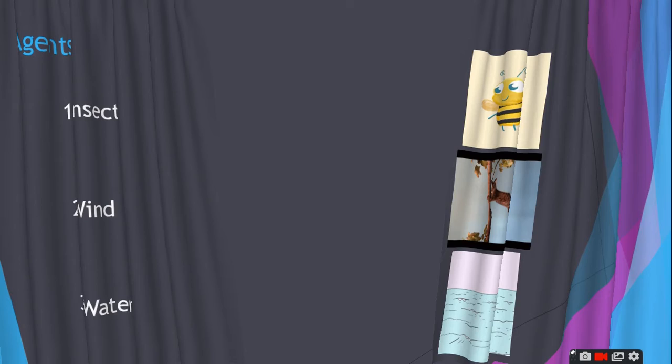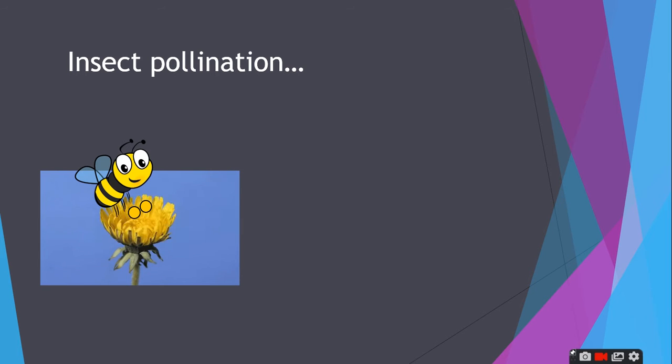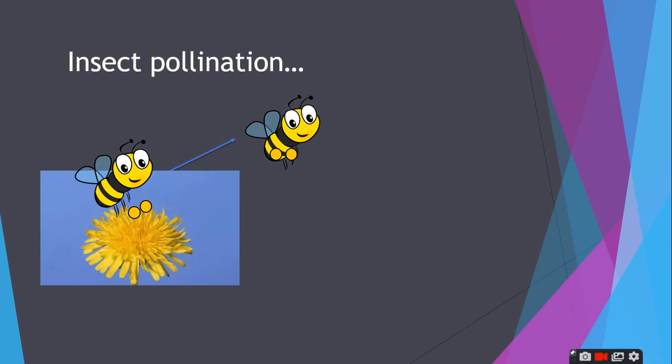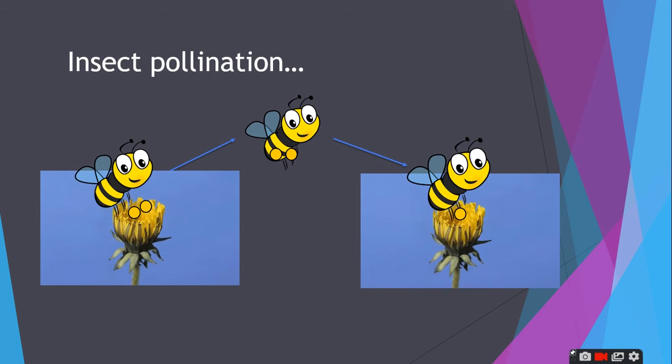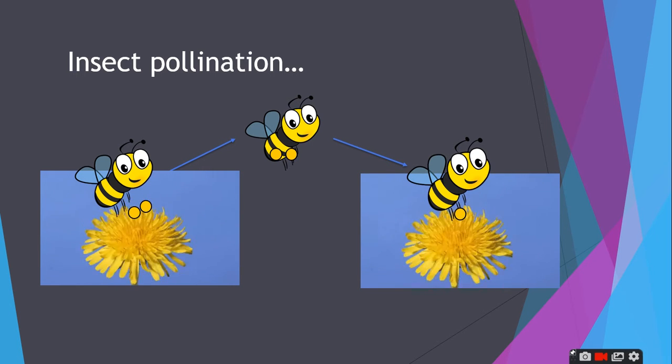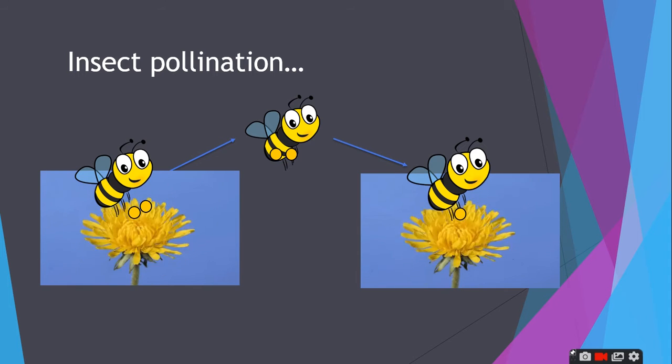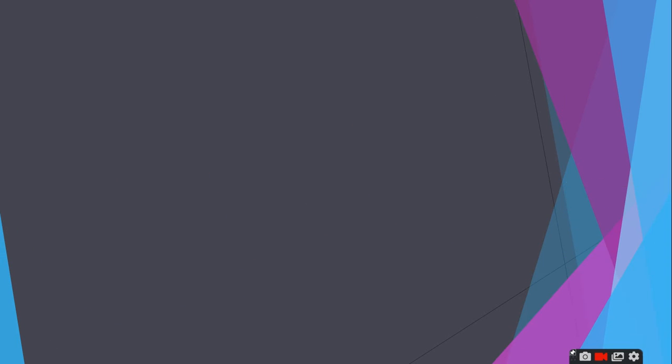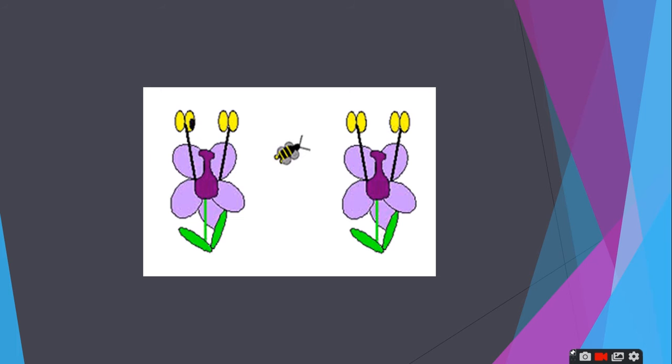You must be thinking, how do insects help in pollination? So let's see. This bee here is our postman who is going to deliver the pollen grains from this flower. So here it goes. With the pollen grains sticking to its body, after a long way, it reaches another flower of the same species. Finally, it has delivered the pollen grains. Good job, Mr. Bee. So again, the pollen grains from the male flower to the female flower.